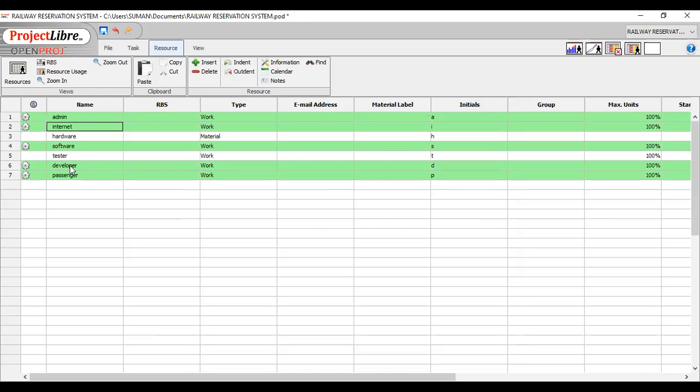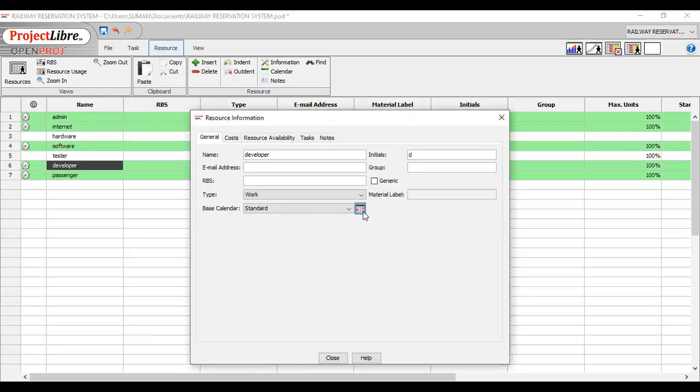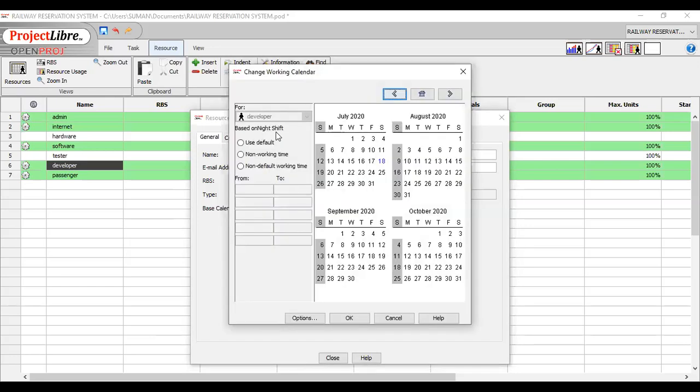Suppose I am clicking on developer, and for this I have chosen the night shift. After choosing the night shift, I am clicking on this right option, and based on the night shift you can change the working time. Here you can see that for the night shift, Saturdays are also available as a working day.